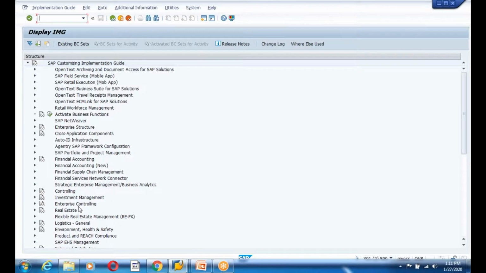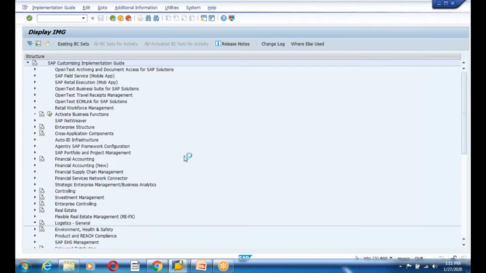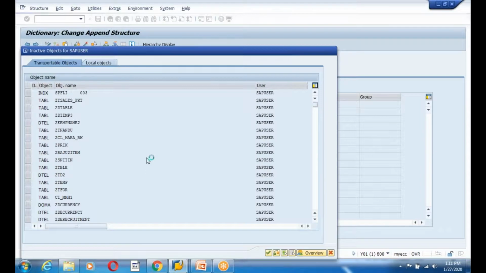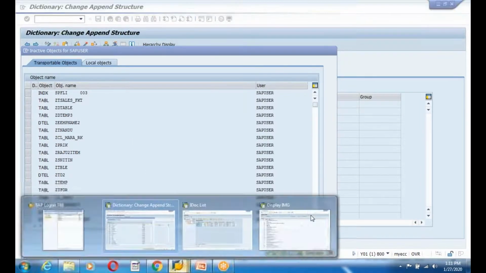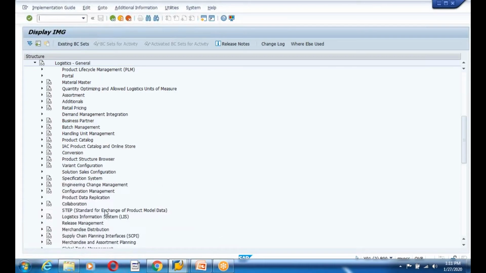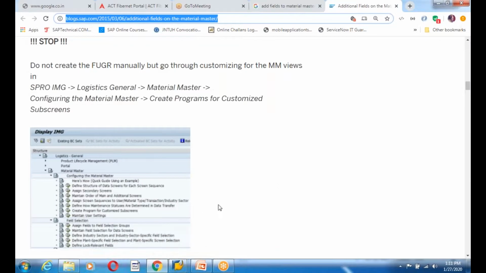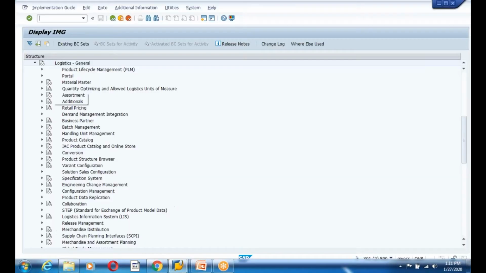And go to logistics general. The system is slow. Whenever we do this, the system always goes slow, guys. Okay, logistics general, then material master,